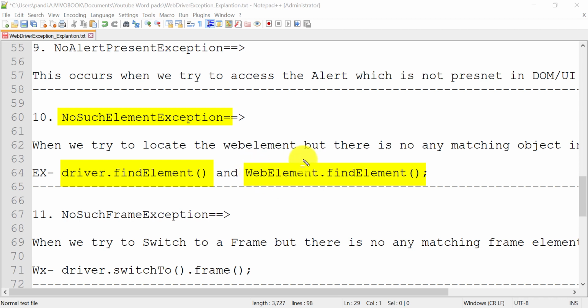For example, when we need to find the links in the footer, we create a web element of the footer, and then only in the footer will we find links using some locating strategy. We will not search the whole web page. By using this findElement we will only look into the footer, for which we have created the web element. So go and search that session, you will find it in the Selenium WebDriver playlist.